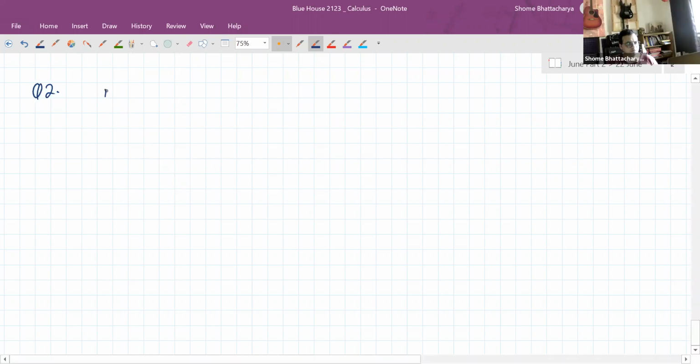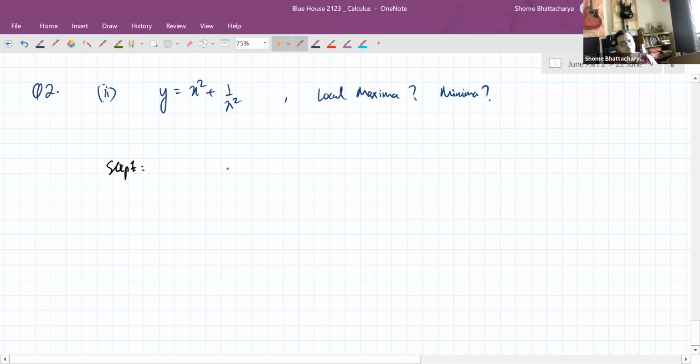Okay, so let's do the second part of question 2. y is equal to x square plus 1 by x square. We want to find the local maxima and minima. So we will go with a 3-step process here. Step 1, find the derivative and second derivative. If you differentiate this function, you'll get 2x minus 2 by x cube. And if you differentiate this once more, you'll get the second derivative, which will come out to be 2,